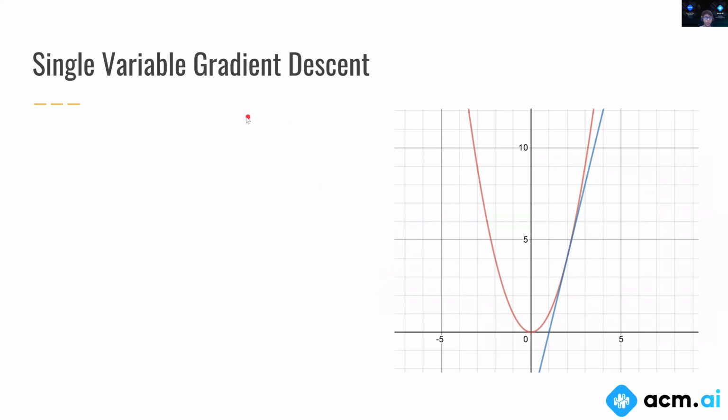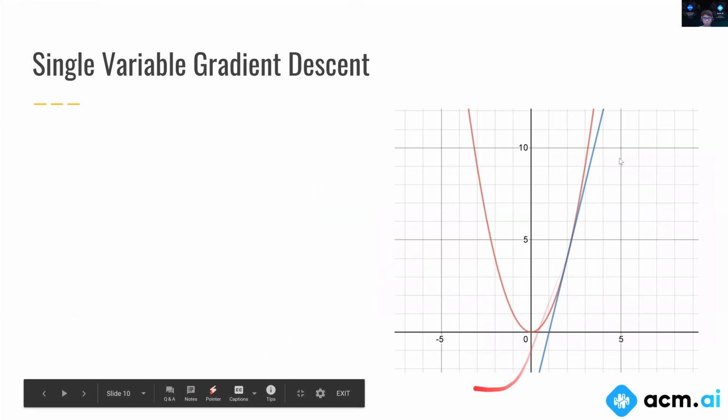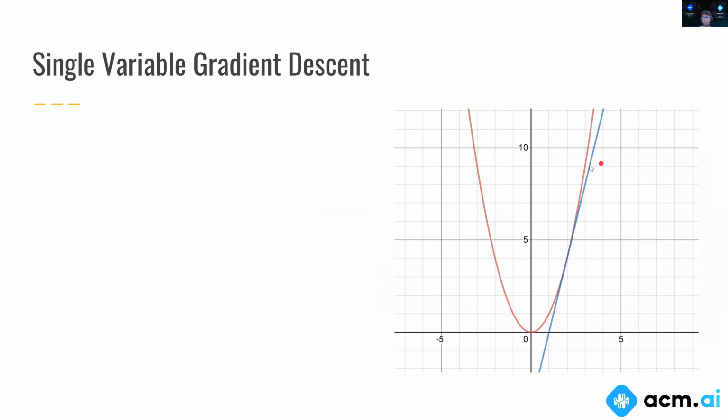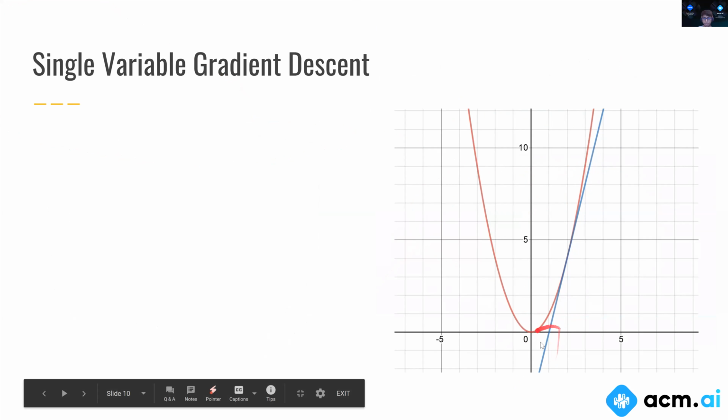We're going to start, as always, by talking about the single variable case. So if you look at this picture over here, this is a function y is equal to x squared. And our objective is to get to this minimum right here at 0. So suppose I just, for example, started off at this point, somewhere along this right branch. And I would ask you, should I move left or should I move right? You'd say, well, you should probably move left. That would help bring us closer to this minimum.